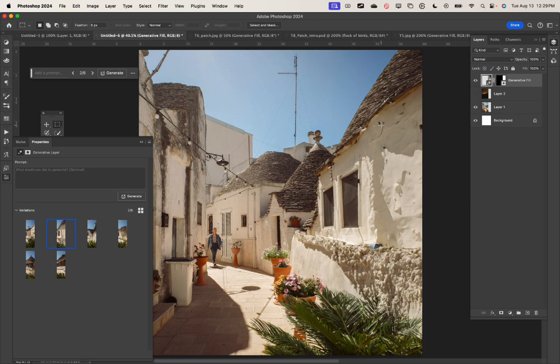So that is generative fill used to either take people out or take things out, or just extend